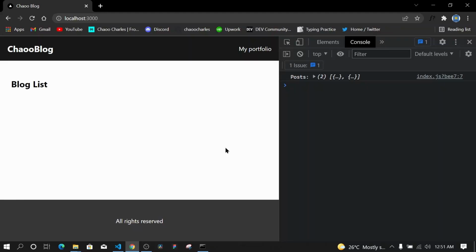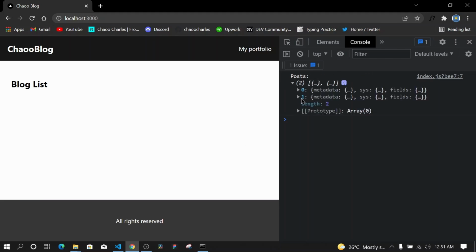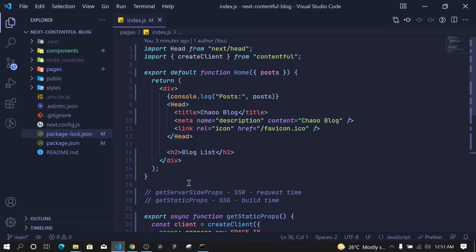So in the last episode, we were able to fetch our data from Contentful, and we were able to log the data at the console right here. Now in this episode, I want us to take this data and be able to map through it and show it on our UI. So I'll just come back to the code editor,